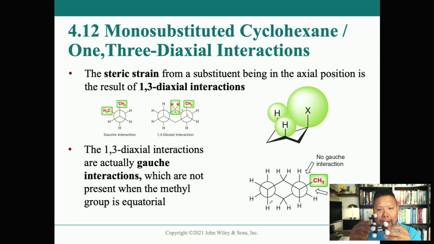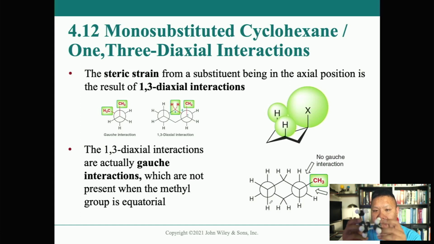When it's talking about the 1,3 diaxial interactions, it's talking about this one and this one right here, where the hydrogens are pointed upward in the axial position, and the hydrogen is also in the axial position right here. I'm getting confused about which one's which because I have to turn it around to see. But anyway, the point is,